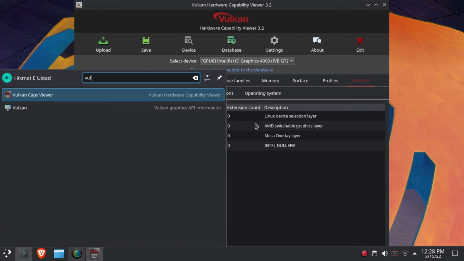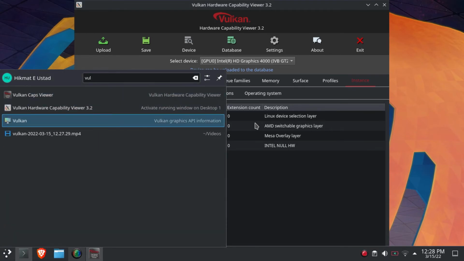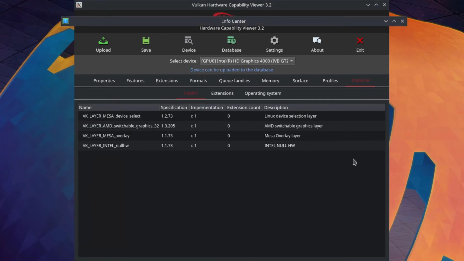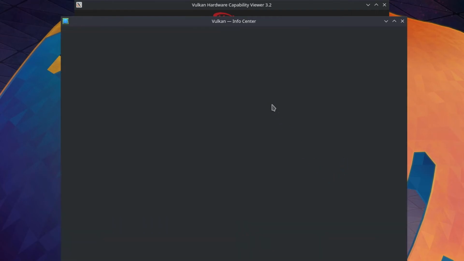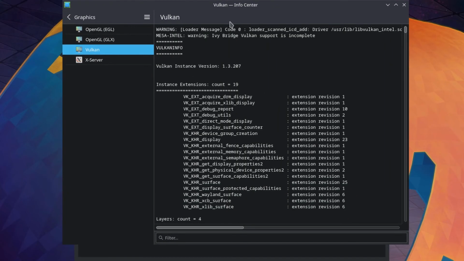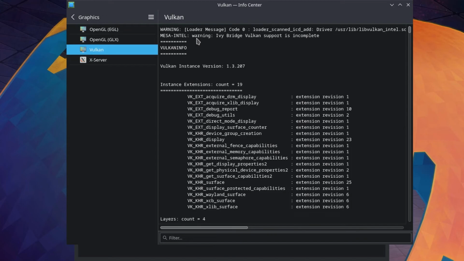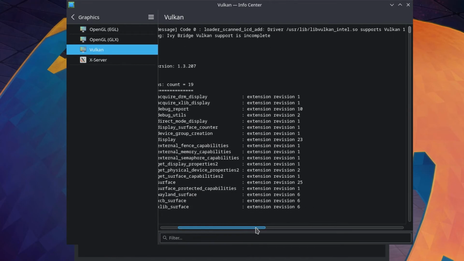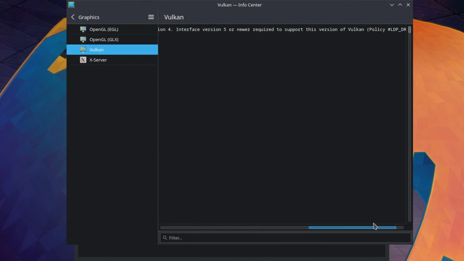Once more, we are going to check for Vulkan in our system settings. So let me open that up, and if you check the info center, once this opens up, actually you see we have the red. See, I was showing you all the things on the Sandy Bridge processor. This is the Ivy Bridge, which supports Vulkan, but it says Vulkan support is incomplete. So if we scroll to the right, we'll see it says